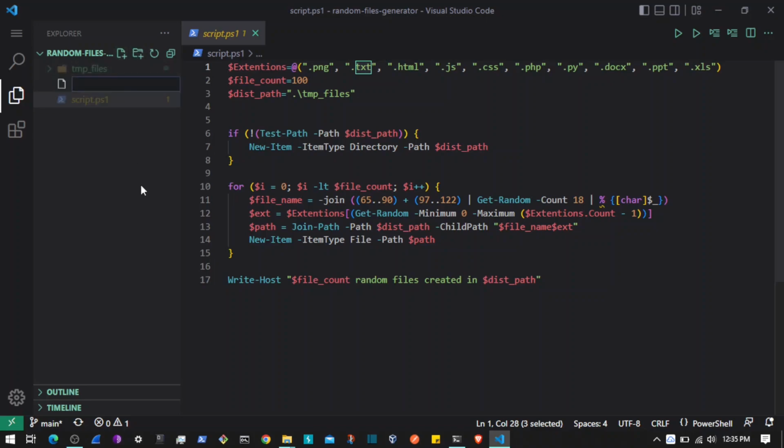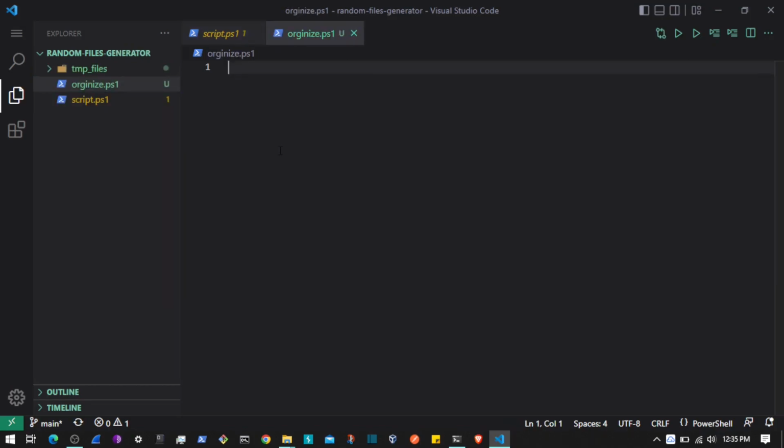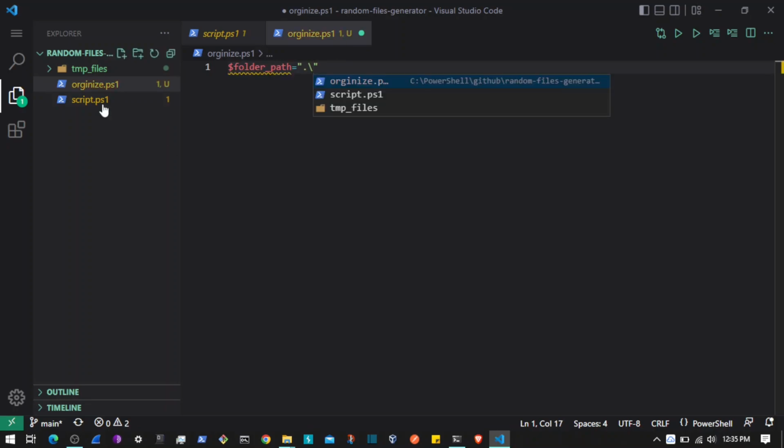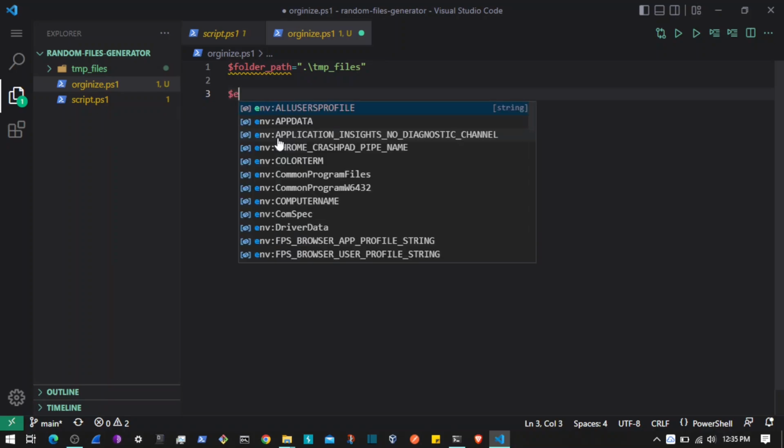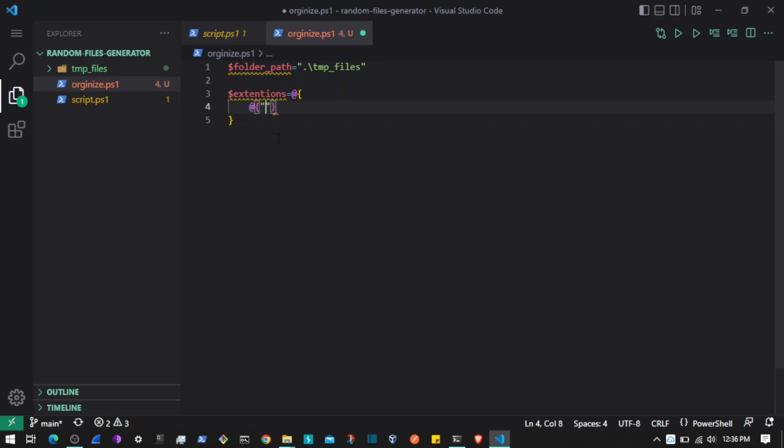I will create another file, let's say organize.ps1, and now the first thing we need to do is to set the target directory path. So let's say folder underscore path and set that equal to the directory that is currently in temp underscore files. So I will set this. Now the next thing we need to do is to set the target directories that will be created based on its extensions. So what I'm going to do is create an array, let's say extensions, and inside we will have sub arrays, so the extension and then the folder name. So let's say extension